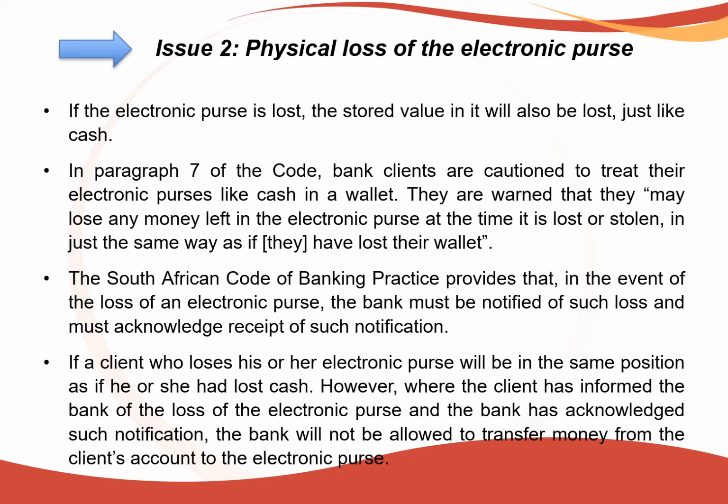Issue number 2 is the physical loss of the electronic purse. What happens when the cardholder loses the electronic purse? To answer that, the stored value on it will also be lost in the same way that cash would be lost. The South African Banking Code of Practice provides for a wide variety of issues relevant to the banker-client relationship,